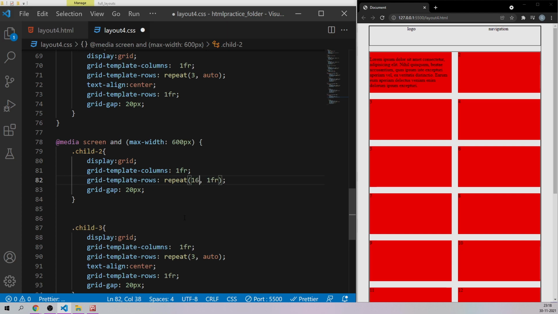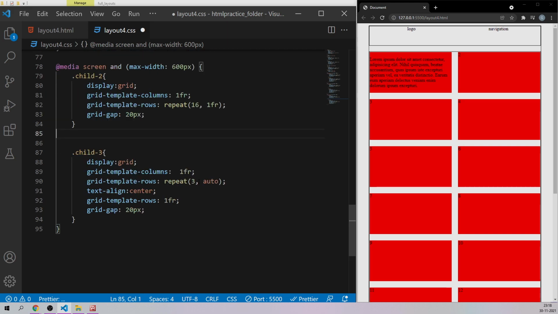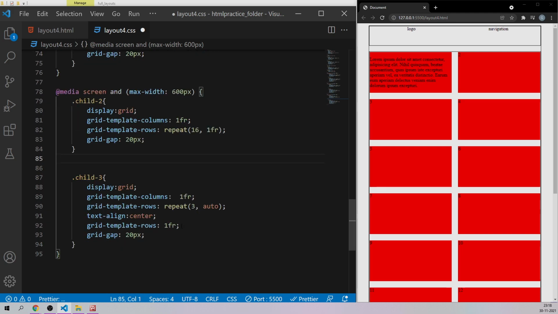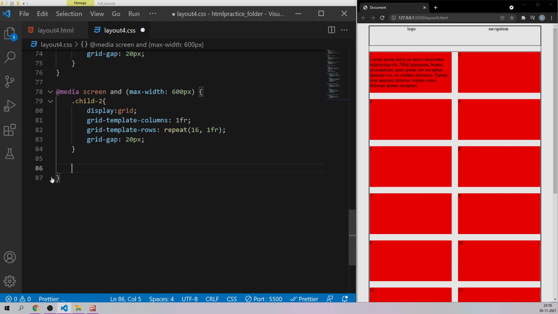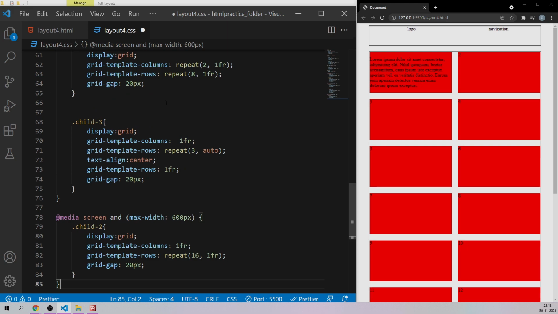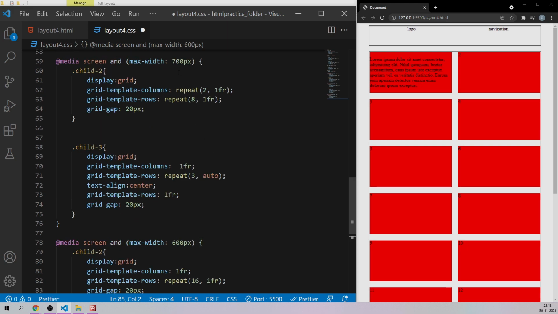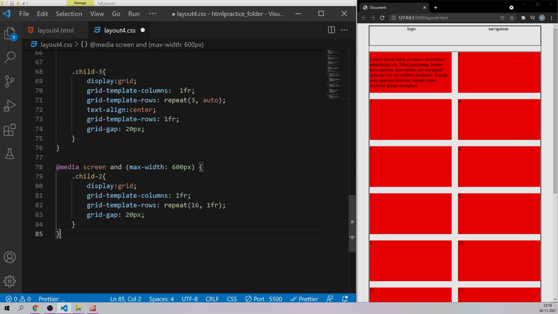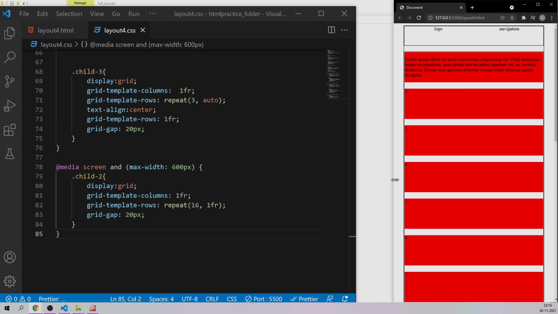So totally 16 elements are there, so I want 16 rows. And here also I'm going to do the same thing. Grid hyphen, I think this is not required because it is already given in the previous one. As soon as it becomes less than let's say 700, it's going to get changed like this. So let me just save this one, and let's reduce the width of the website.